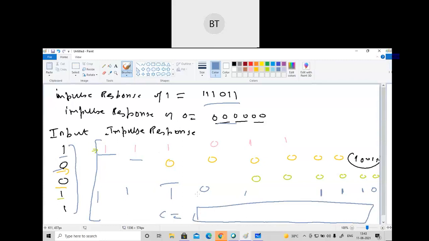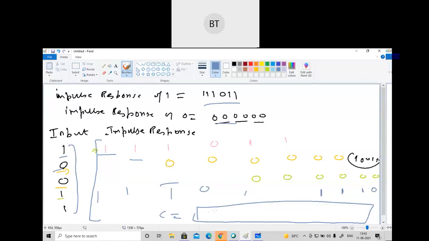So can you complete it by yourself? It is very simple. The value of 1 we are already aware of. The value of 0 we are already aware of. We have to just complete this table by shifting 2 bits. If you recall, in the previous question we added 2 bits, but in the time response we are shifting 2 bits. Because of this we don't want to add any further bits, so we have shifted these 2 bits.